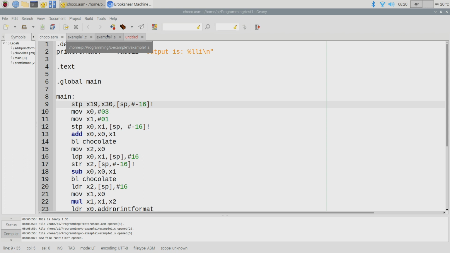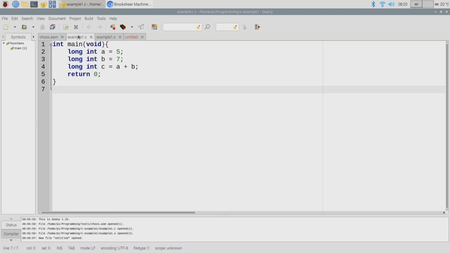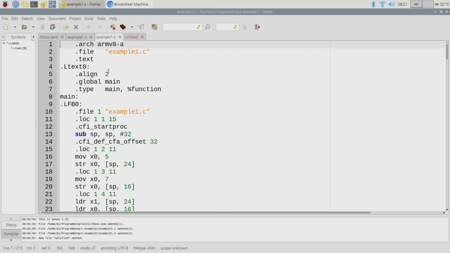One, it means it's very easy for me to tell what I wrote and what the machine wrote. And it means that if, for example, like this C program here, right? I wrote this simple C file, and then I had the machine generate that assembly file.